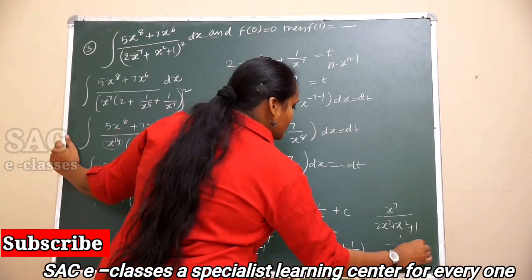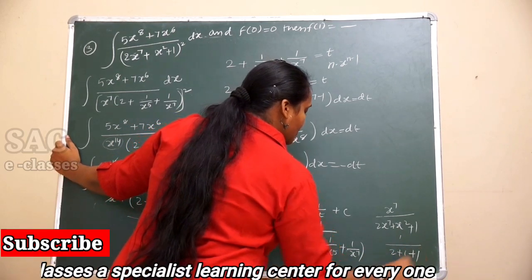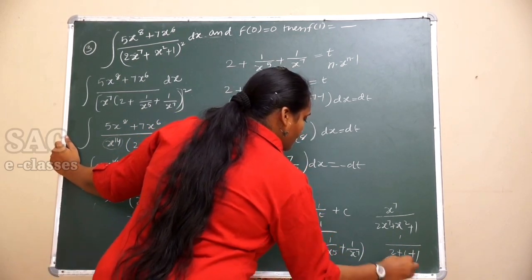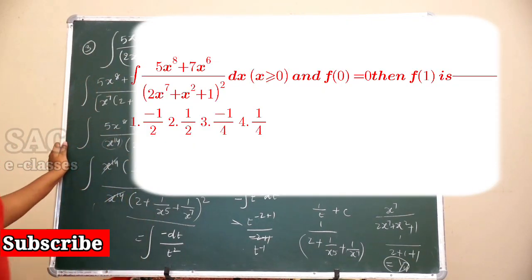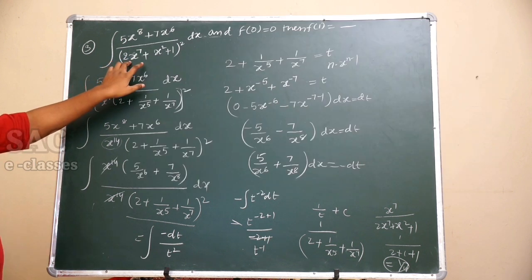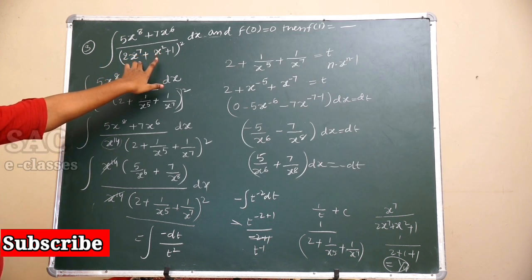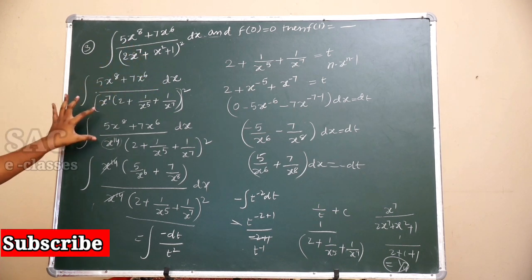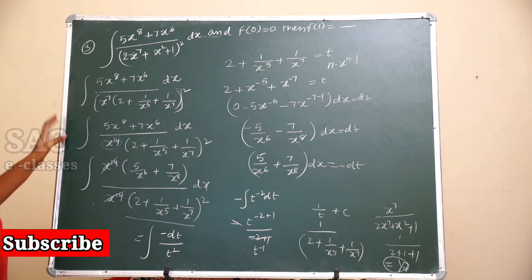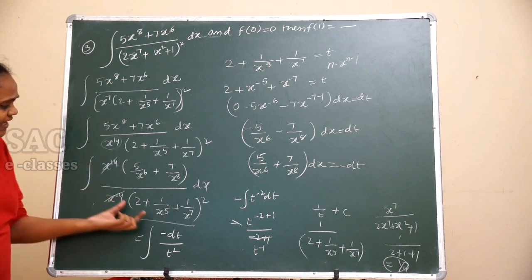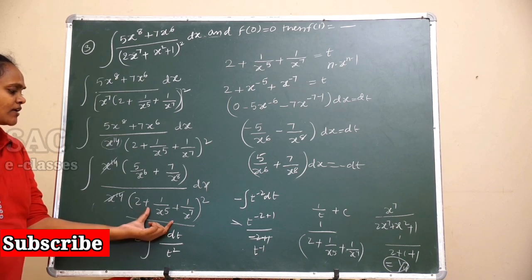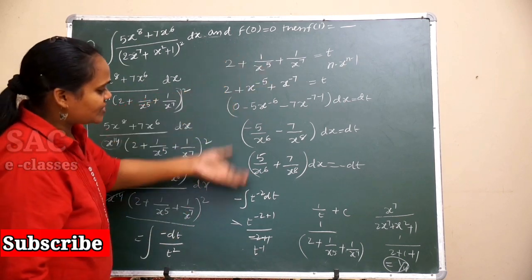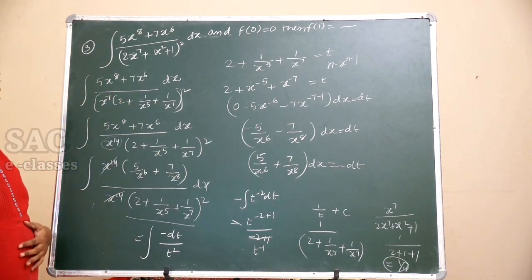So substitute 1: 1 by 1 plus 2 plus 1 plus 1. Then the answer is 1 by 4. Simplified value is 1 by 4. In that way we can find it. Very simple problem. Just take out the greatest term in the denominator, and according to that, take out the same power polynomial from the numerator. Then assume the denominator term as t. From the rest, you can understand. Let us move to the next problem.